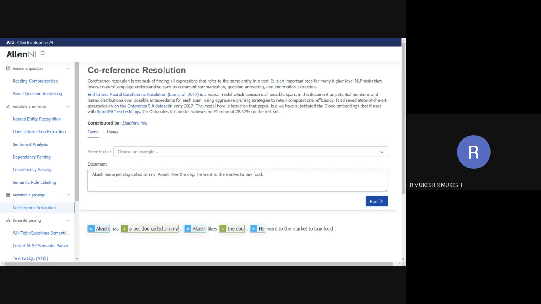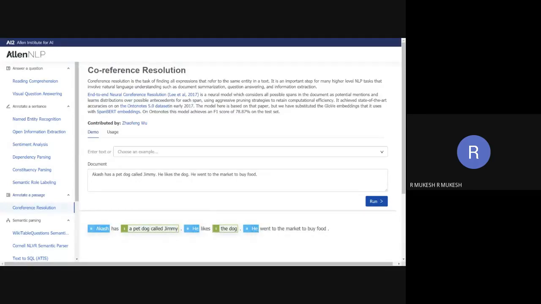So you can see that Akash and he, let me just change it to he here as well. So it identifies that these three references are to the same entity, right? Akash, he, and he. And a pet dog called Jimmy and the dog all refer to the same thing, right? Now, if I were to return Akash instead of he, it would be a much better answer for the question